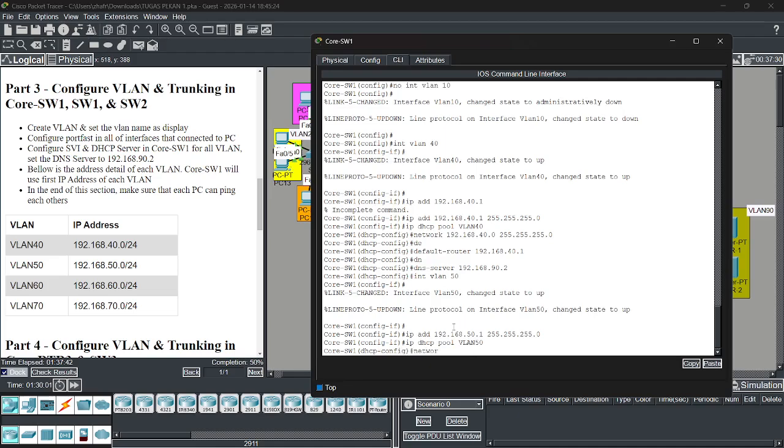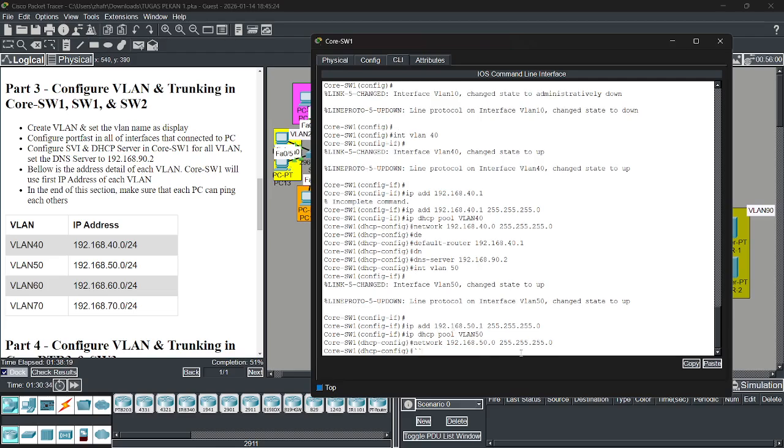Network address 50.0, and then the subnet mask 255.255.255.0.